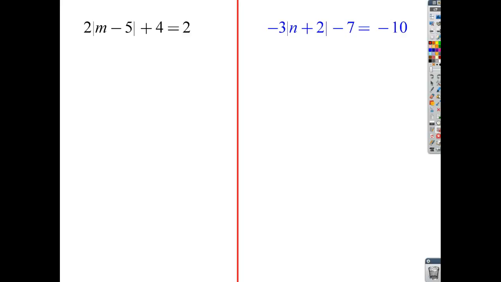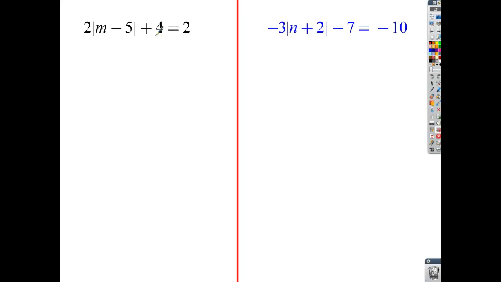Okay, so let's take a look at this. I have some number. I'm going to subtract 5, then I'm going to look at that distance from 0. However far I am from there, I'm then going to double that distance, and once I double that distance, I'm going to add 4 to it, and now I'm supposed to